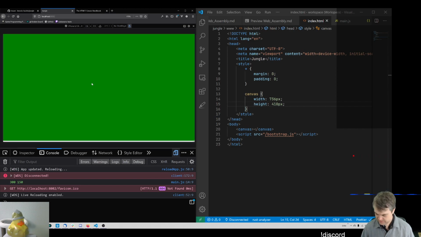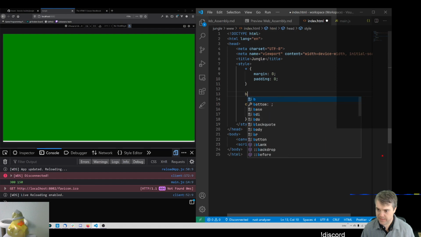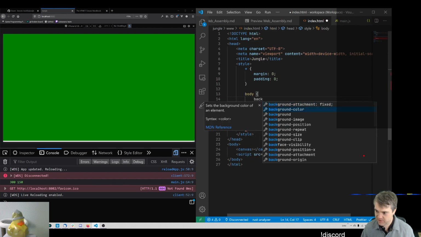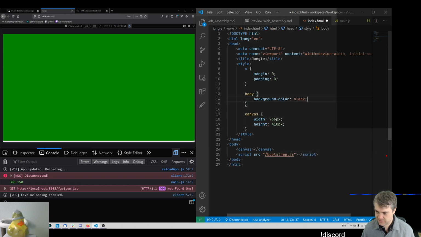We can zoom in. So now it looks like what it's gonna look like. And so then I want the background of this to be, well, I don't know, we're gonna have a background image that's gonna display. So I probably want to have just a background color. So we can do body tag. We're gonna have a background color of black,